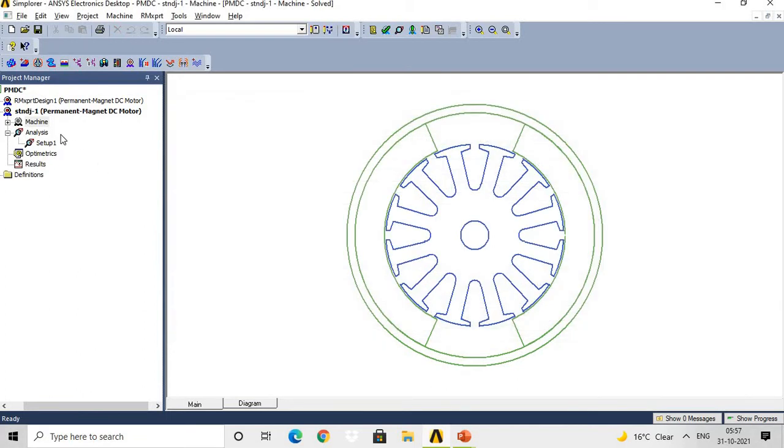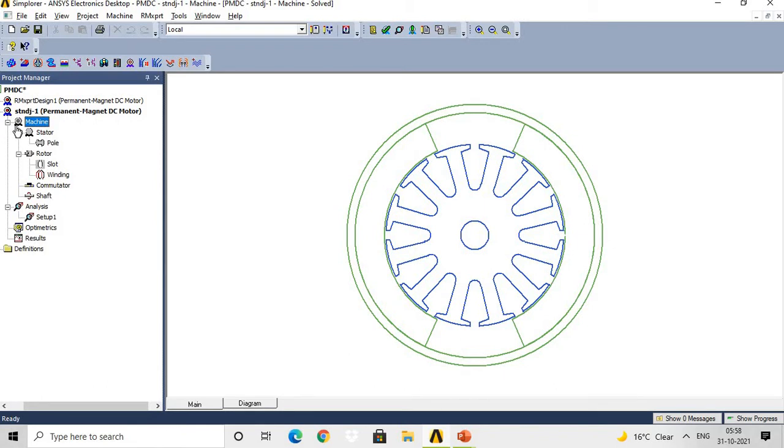So we have given the general information of the machine, but under this machine, according to the construction of the permanent magnet DC motor, it has different subparts like the stator. In case of the stator, there is the stator pole, then the rotor. In case of the rotor, you need to give the information about the winding, commutator, then shafts. Only then will the entire geometry of the PMDC motor be completed.